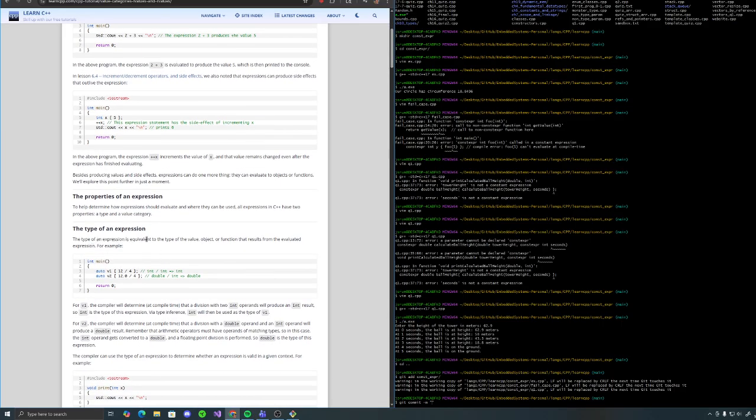The type of an expression is equivalent to the type of the value, object, or function that results from the evaluated expression. The type of an expression